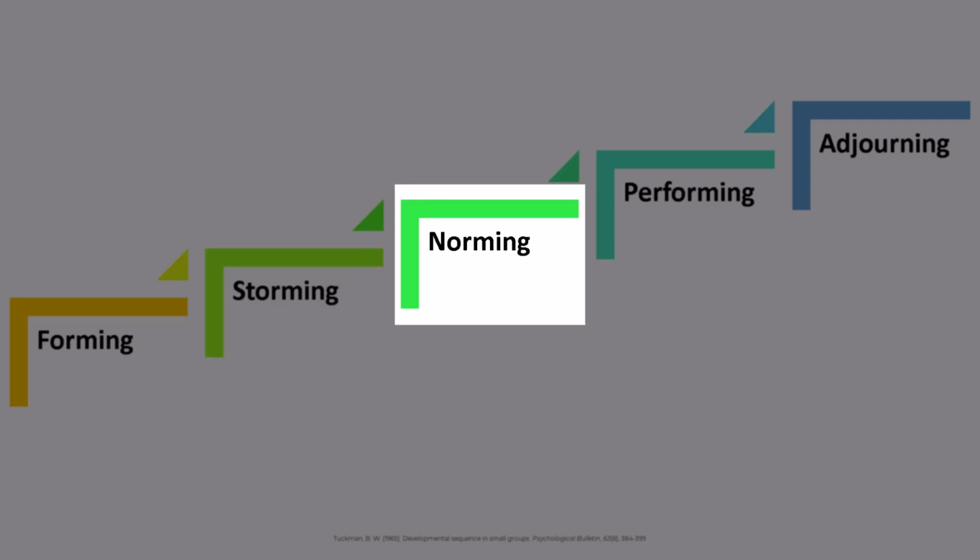Then we have the norming or structuring stage. A leader finally emerges and is accepted by other group members. They all openly communicate and freely exchange ideas. They also clarify external expectations, those of their bosses, departments, and organizations, enabling them to understand how the group contributes to the bigger picture. Collectively, they agree on norms for working together, rules that provide additional structure.